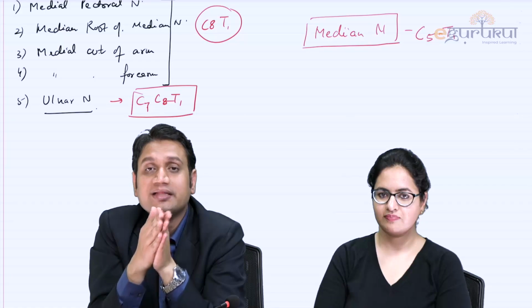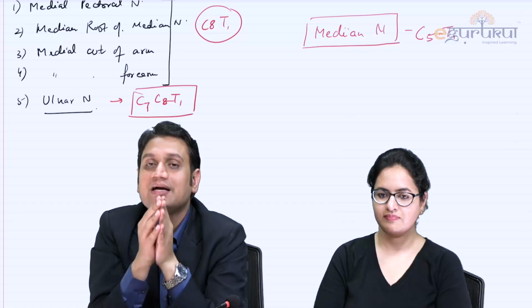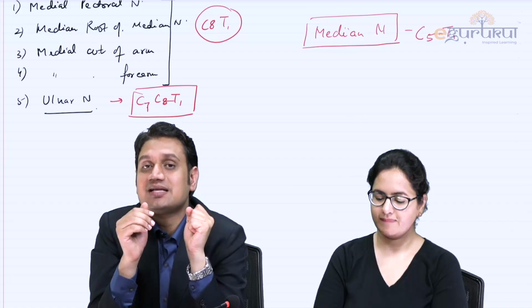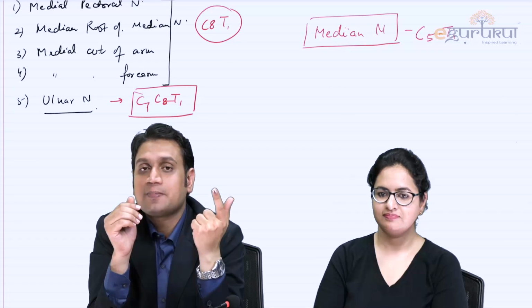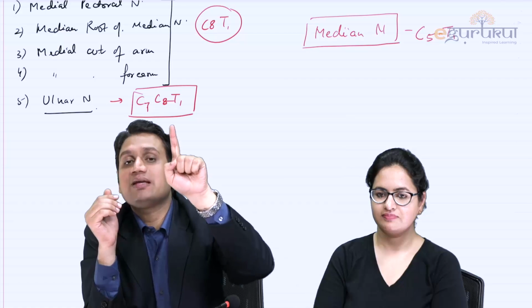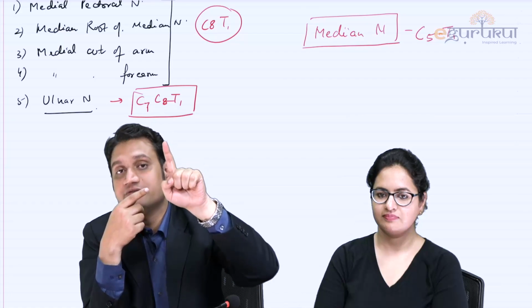This question has been asked to you already in the JIPMER exam 2017, where they simply asked: post RTA, upper limb trauma, the patient was asked to make a fist and the picture is as shown in the image. Picture was like this, right? What they asked is which nerve is injured. So when the index finger cannot be flexed, FDP and FDS both are injured. That means it is an injury to the median nerve, right?